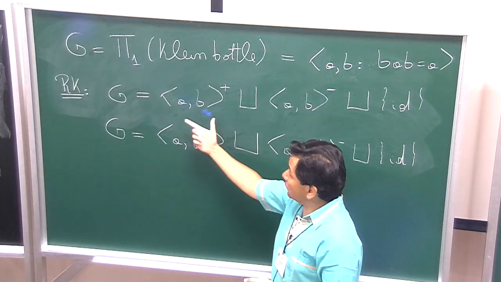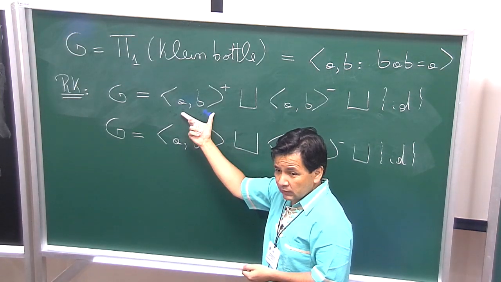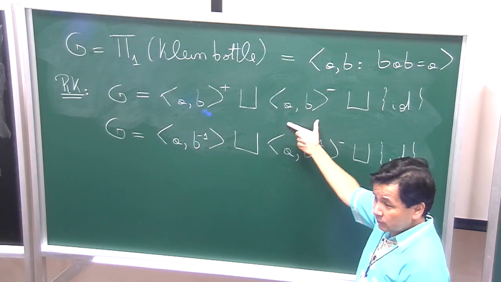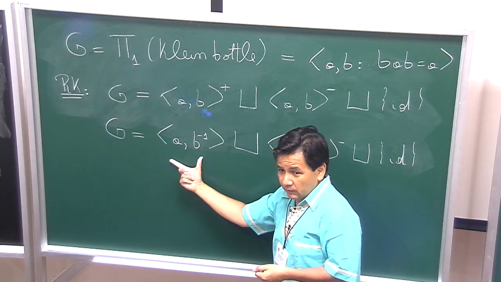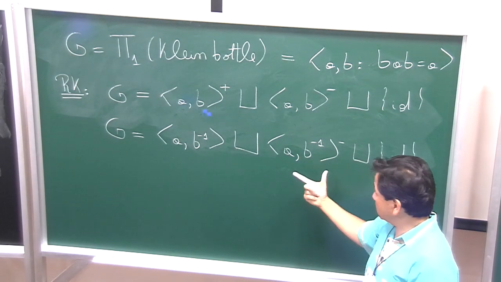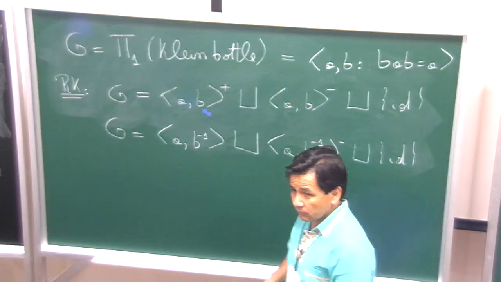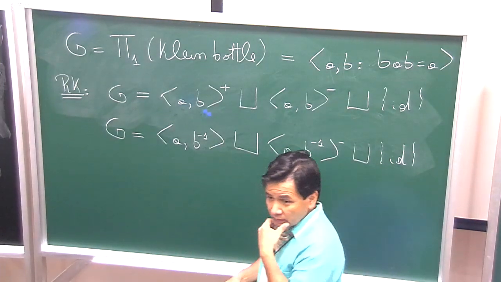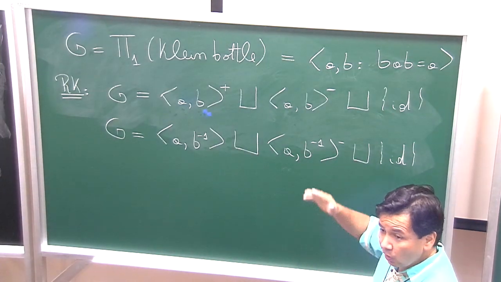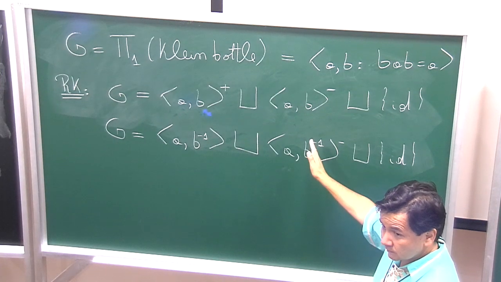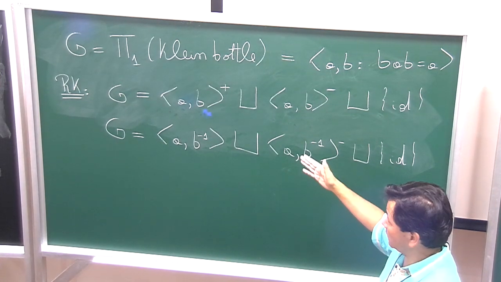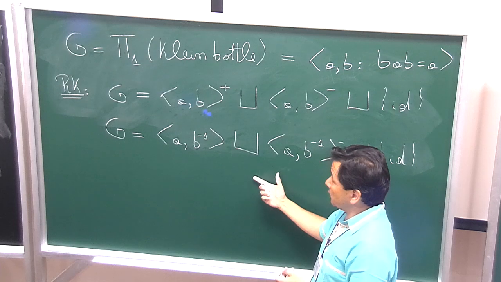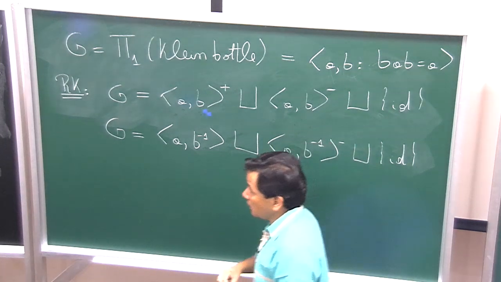There is one left order for which this is the positive cone. This is another for which this is the positive cone. There is another one for which this is the positive cone, and finally you can take this as the positive cone. The point is that there are no more orders than this. You cannot order the pi 1 of the Klein bottle in a different way. And the proof